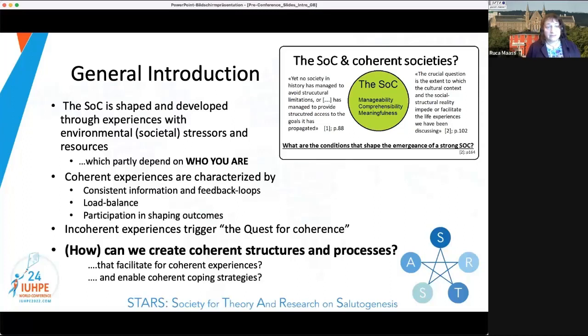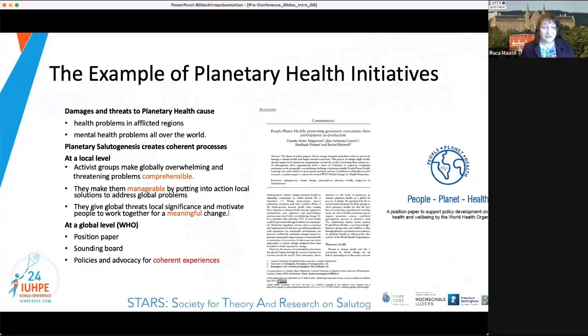members to have experiences that are characterized by consistent information, opportunities to give feedback, experience load balance, and to participate in shaping this society, of which we all are part. And we also want to start discussing how these coherent experiences can be translated into coherent coping strategies, or strategies for thriving and living a good life, and maybe also for driving society development in a salutogenic